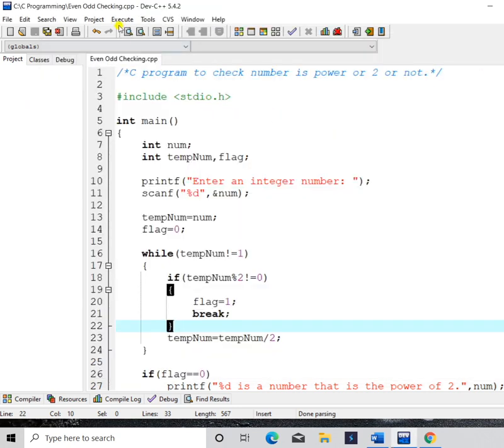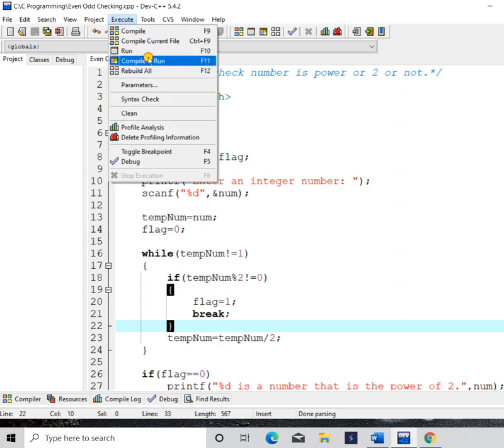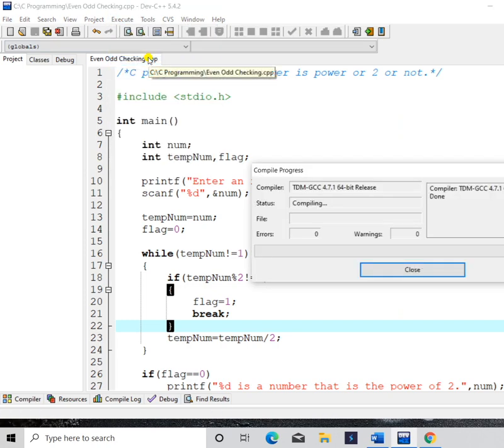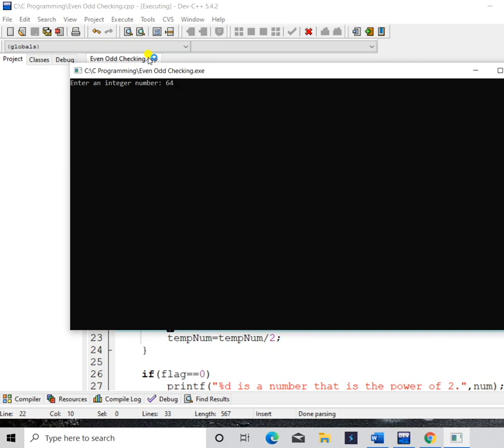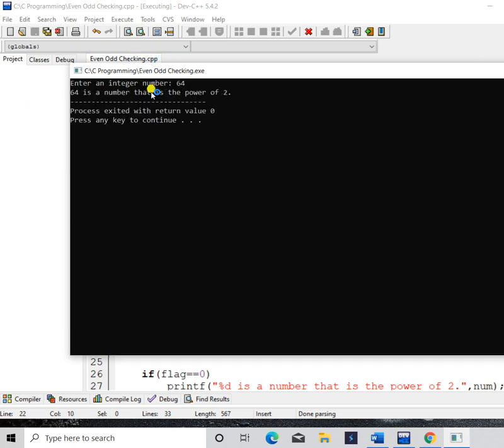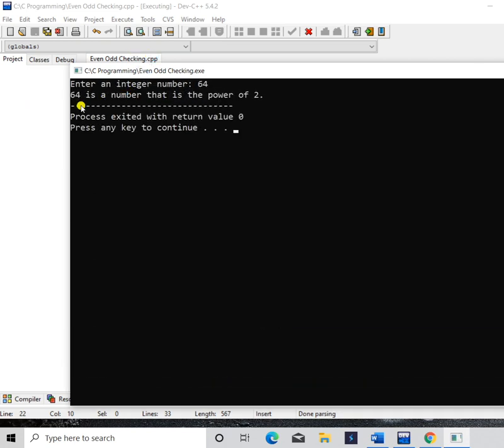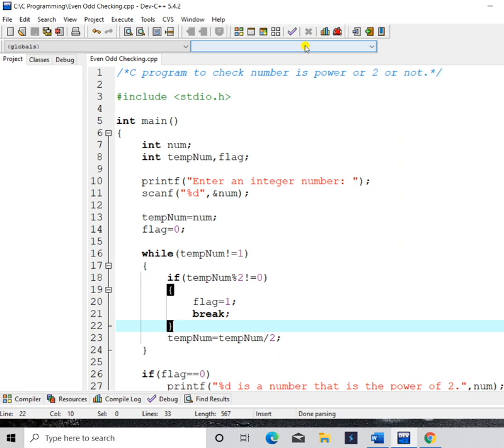Again I am going to compile and run the program. Now I am taking, suppose, 64. Enter. 64 is a number that is the power of 2, and we all know that 64 is the power of 2. 2 to the power 6 equals 64.